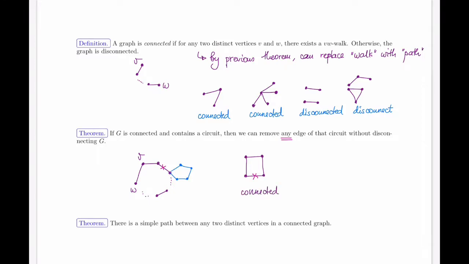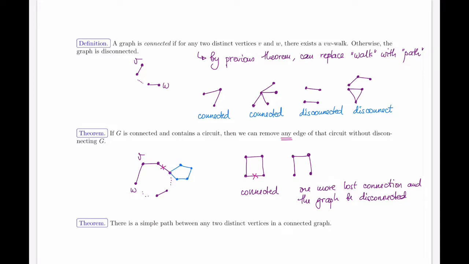However, another thing I notice is that once I've severed that connection and I'm left with a graph that looks like this, one more lost connection and the graph will be disconnected. And this is an important thing to realize. Basically, if I cut too many edges out, I will disconnect the graph. But if I start with a circuit, removing only one edge will not produce a disconnected graph.